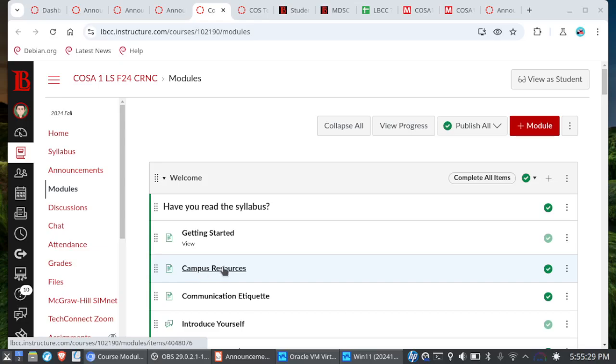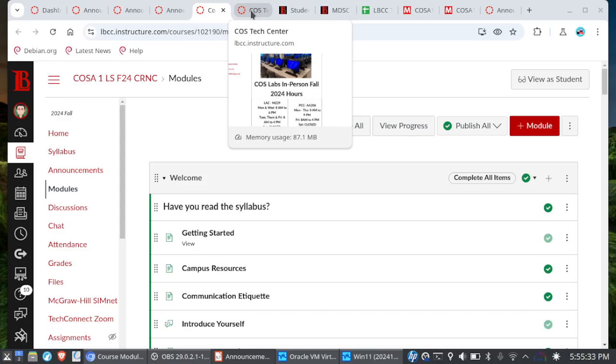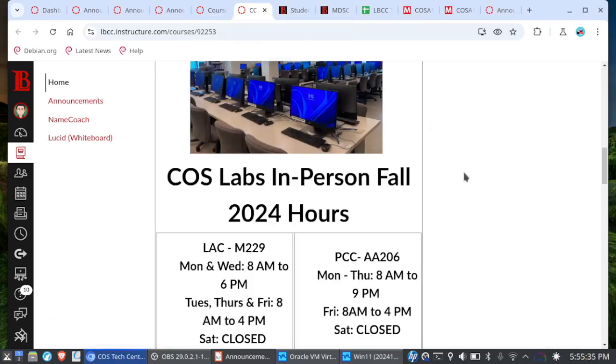If you go to the campus resources page, you'll see the different ways to get support in this class, starting with the COS computer labs. If you go in person, here are the operating hours for the lab in M229 and also for AA206. If you scroll down, you'll also see ways to contact our instructional assistants. You can also message me privately through the Canvas inbox here, and I will do my best to get back to you